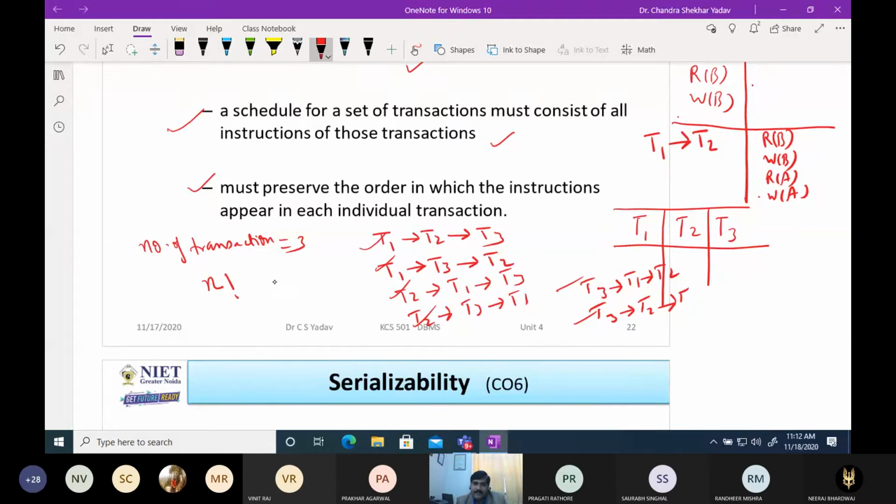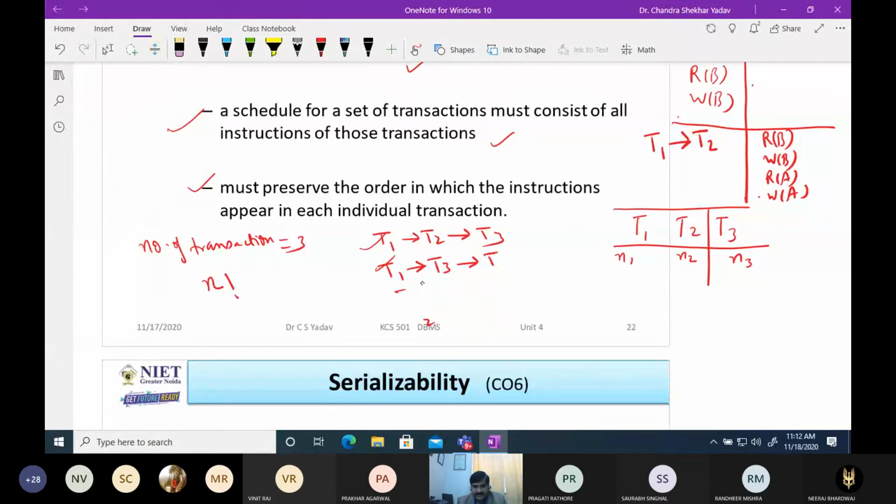Now let me ask: if there are n1 instructions in transaction T1, n2 instructions in T2, and n3 instructions in T3, then please tell me the number of non-serial schedules. How many non-serial schedules can we make? Suppose this is the general question.